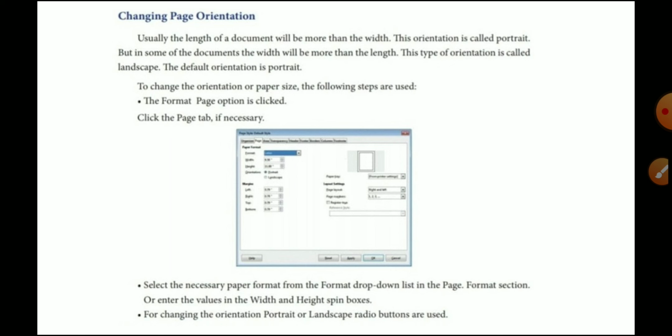Held straight, it will be displayed in landscape. If you turn the direction the opposite way, it will be portrait. Landscape means it is displayed on a wide screen, and portrait means it is displayed in an upright way. So that is the difference between page orientations. There are only two, landscape and portrait.